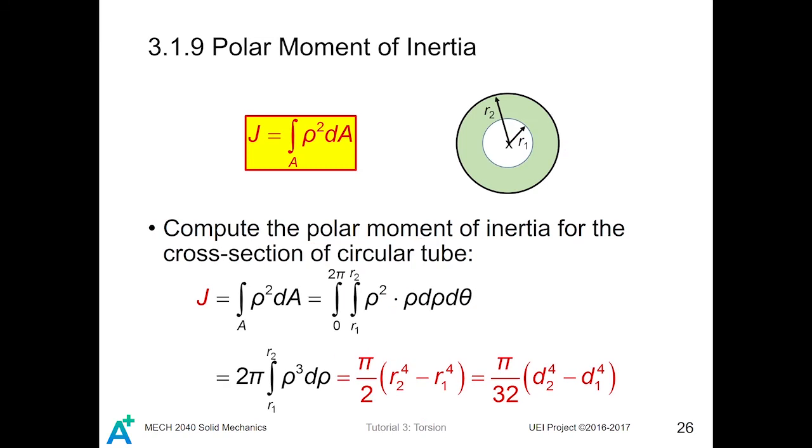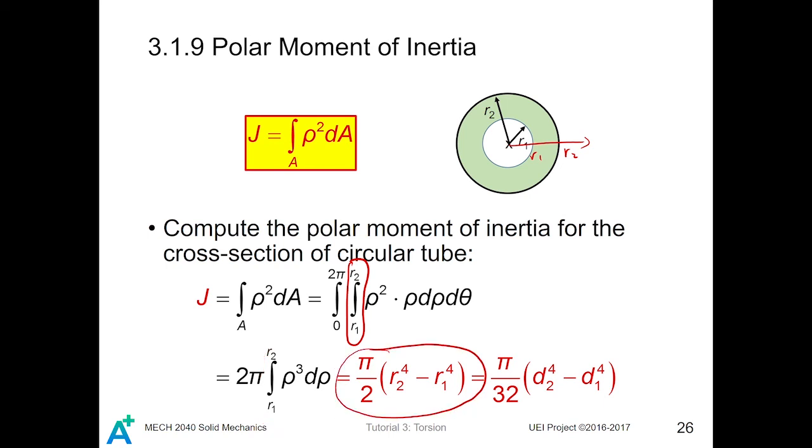Similarly, for the hollow circular tube, the computation of polar moment of inertia is rather similar, with one thing you have to modify, that is the lower and upper limits of rho. In this case, rho is from r1 to r2, so the lower and upper limits become r1 and r2 respectively. Similarly, you get this integral, and you evaluate it from r1 to r2, which gives you this